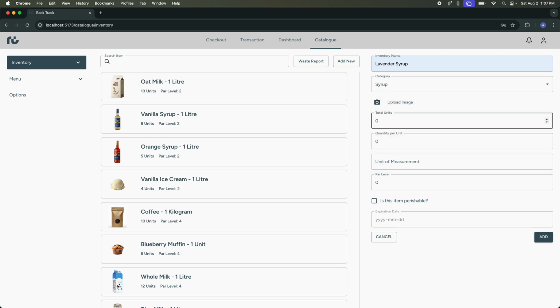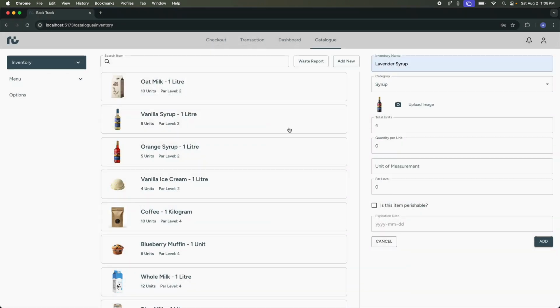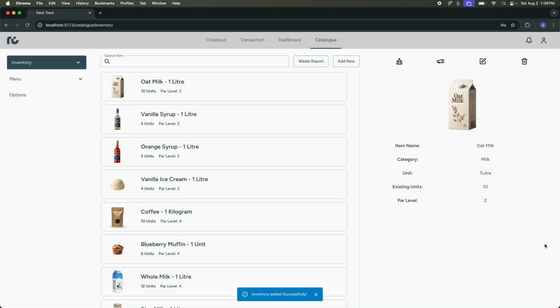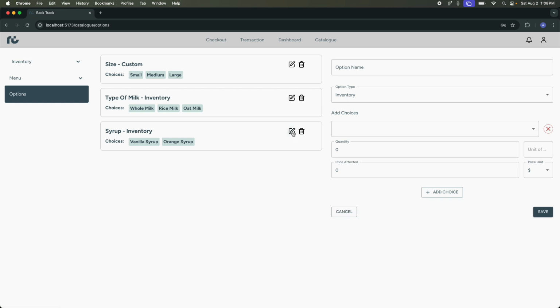So I will go to the catalog tab, then inventory, then click add new, and fill out all the required fields. I'll set the quantity and choose the unit, let's say liters. And done. Now I just need to add this new syrup to the syrups option from which customers customize their drinks.